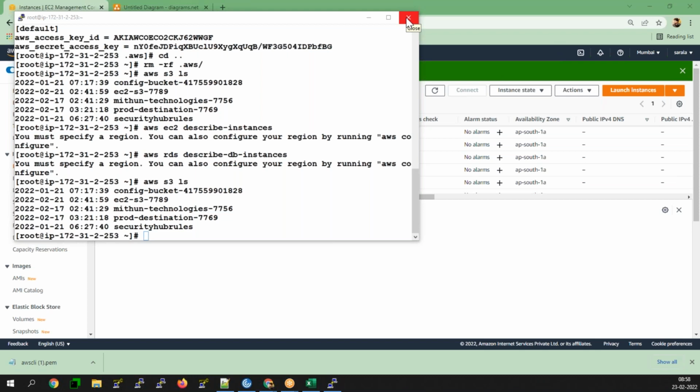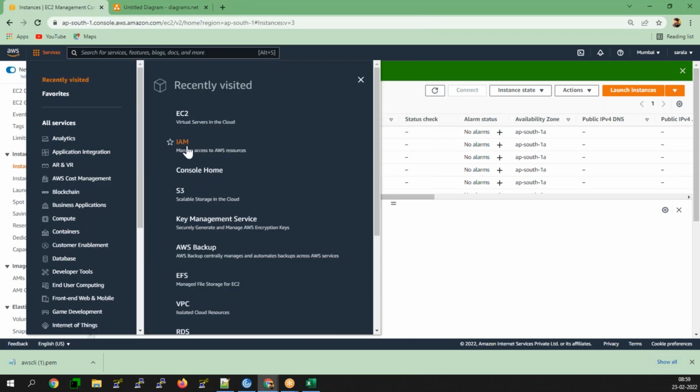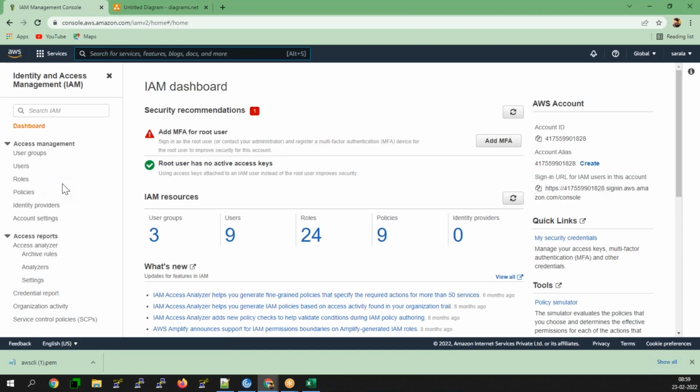Tomorrow we're going to discuss very important concepts: you have policies, identity providers, account settings, and the credential reports. Identity providers are pretty important, and also policies, how to create your own policies with the help of the AWS policy generator.